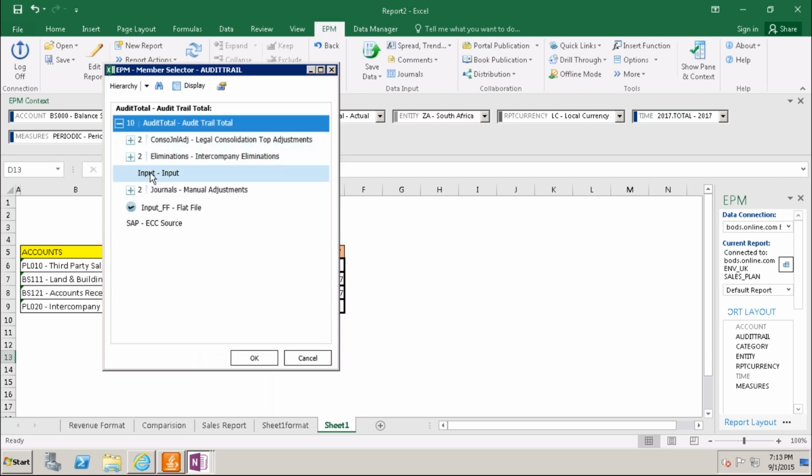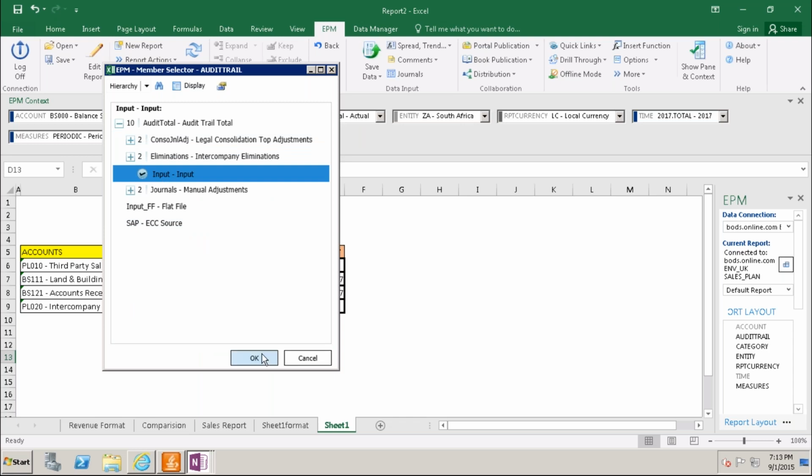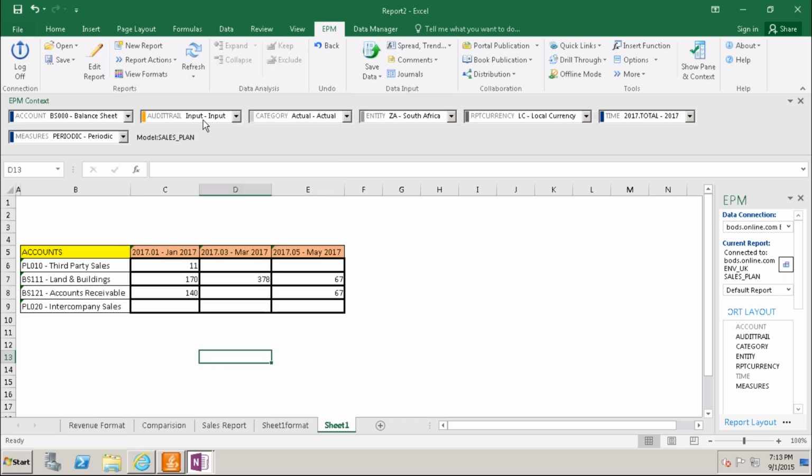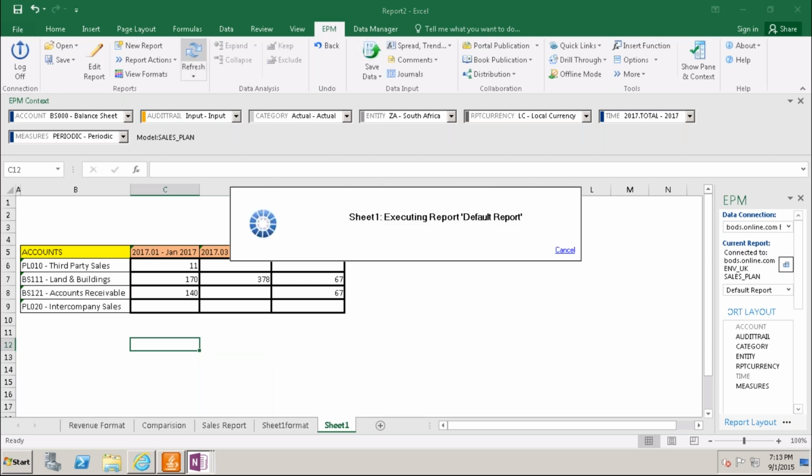I'll provide here manual input actuals. This is South Africa, LC is the base member, 2017 time already given here. So this one is not countable. Don't take that one. So now you go and first refresh this.